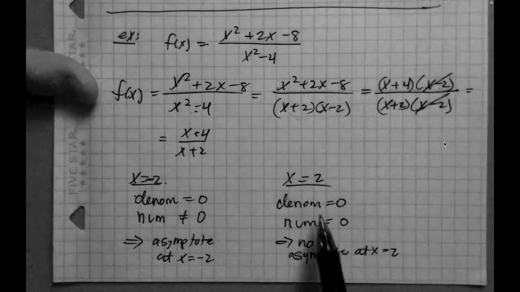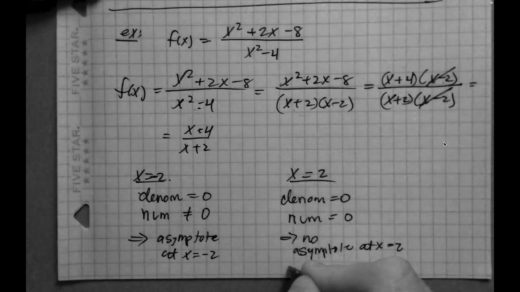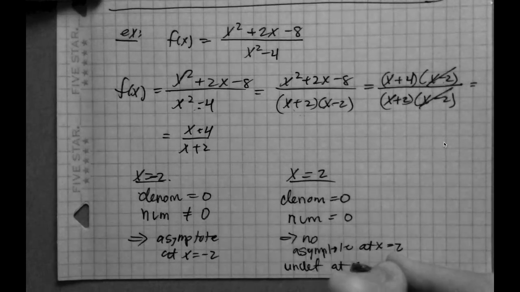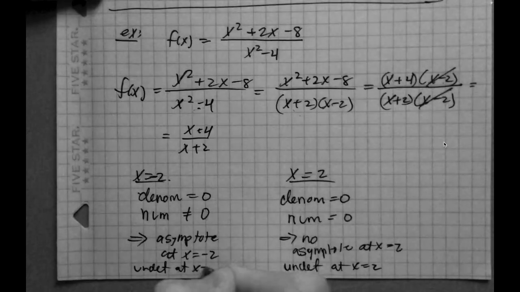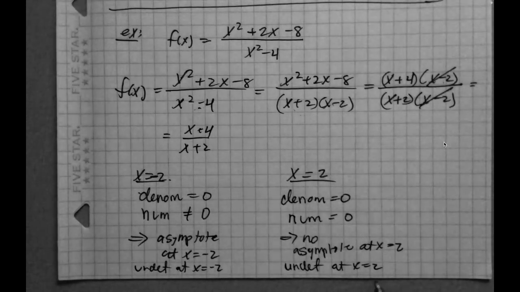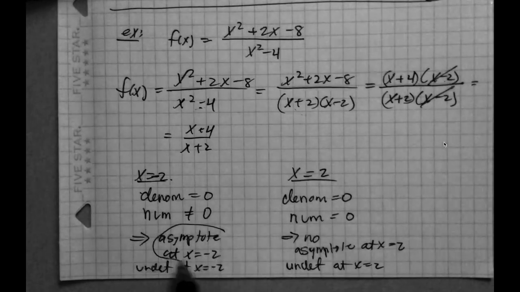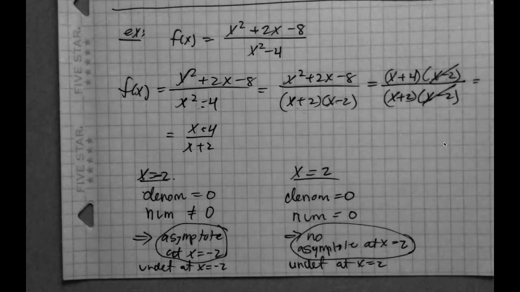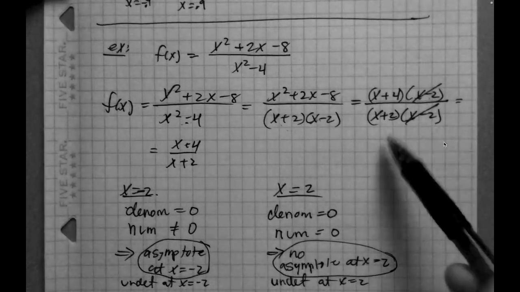Okay, now the function is still undefined at x equals 2. Right, they both are. Okay, this one's undefined at x equals 2. It's also undefined at x equals negative 2. But you have an asymptote at x equals negative 2, whereas you just have a hole at x equals 2. Okay, and then you can kind of see, hopefully clearly, actually, that if you